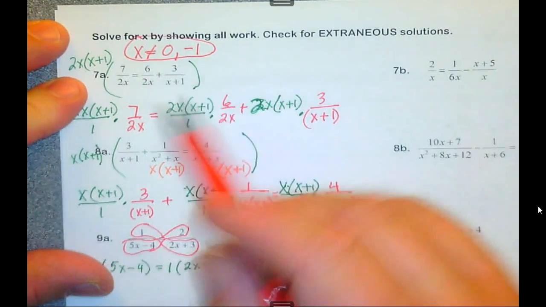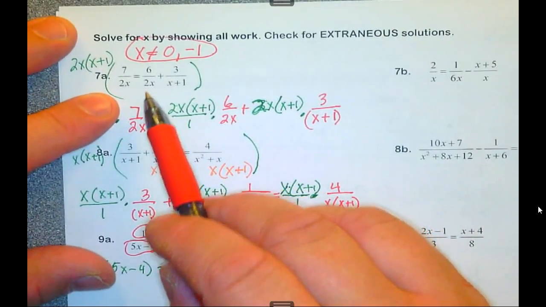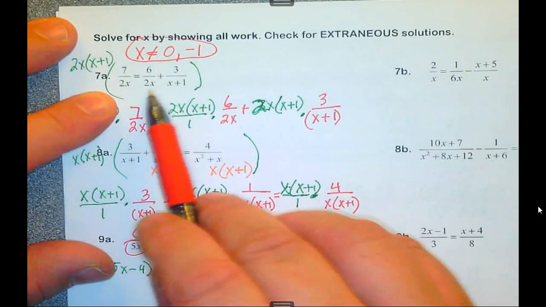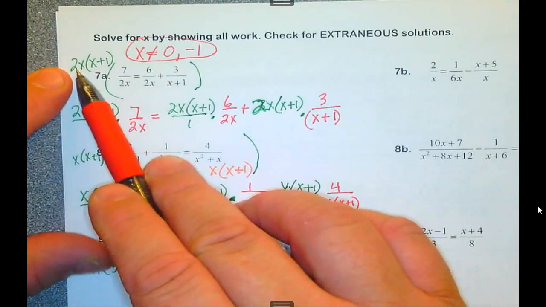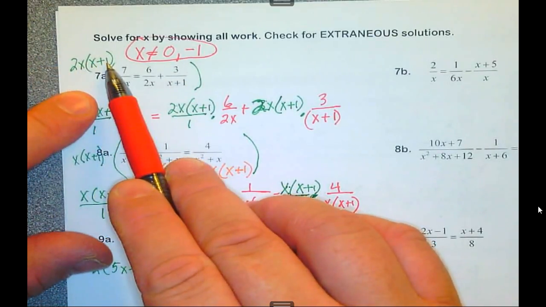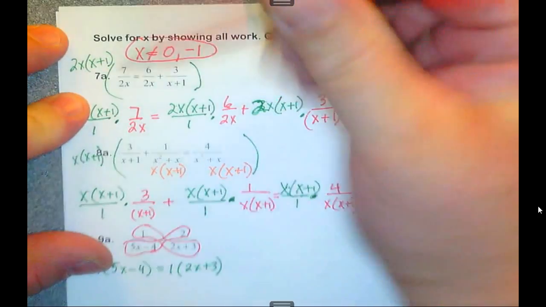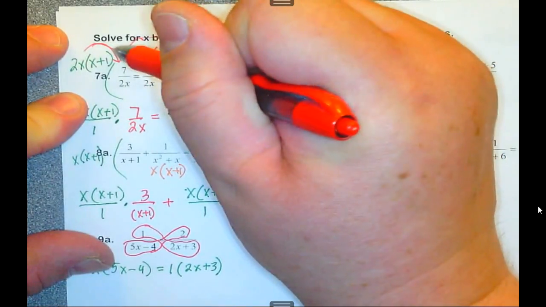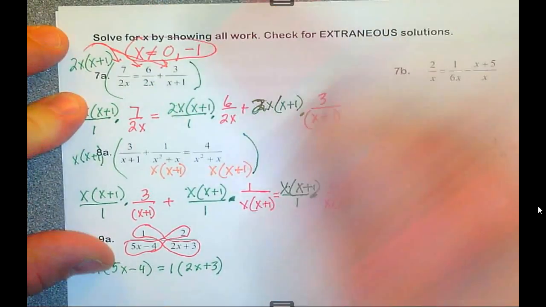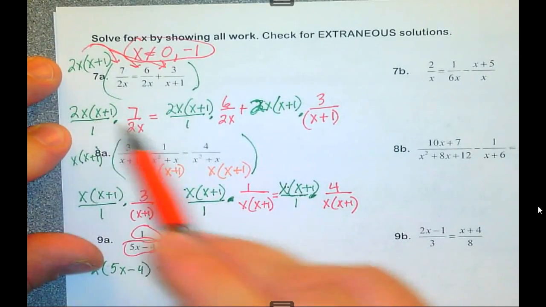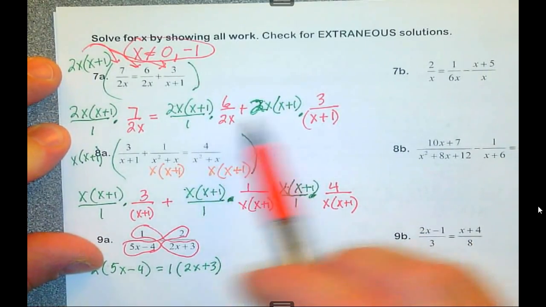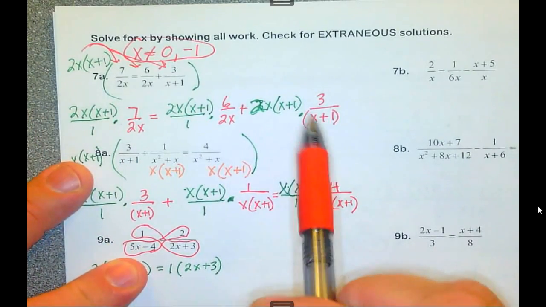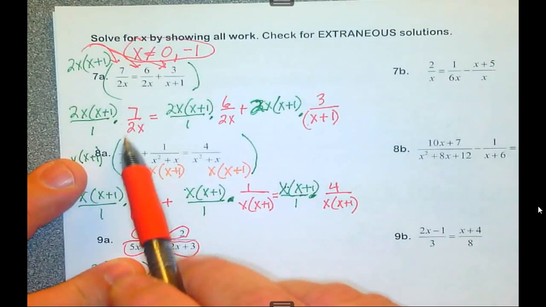Alright, so what I'm going to do is take a common denominator. This has a 2x, this has a 2x, this has an x plus 1. So I need at least one 2x and the x plus 1. I'm going to distribute this to each one of the terms. I have to multiply 2x times x plus 1 to all 3 terms. I know this is a pain writing it out like this, but it seems to help students